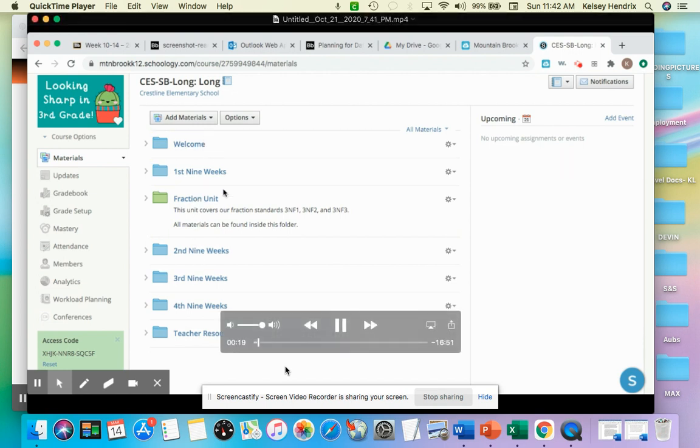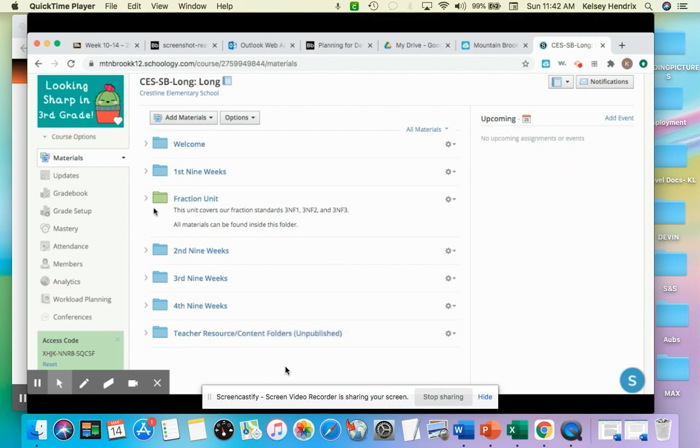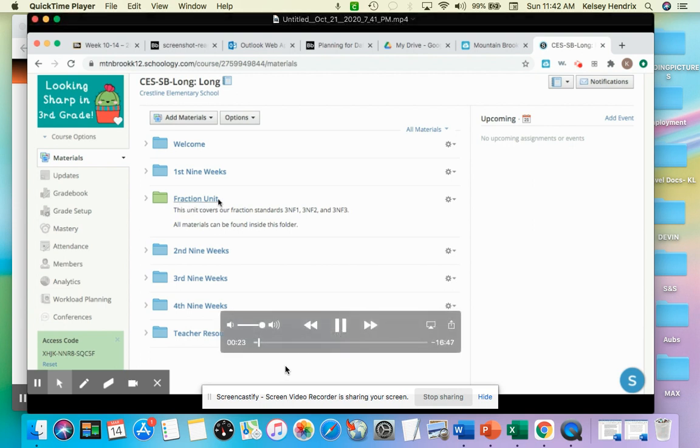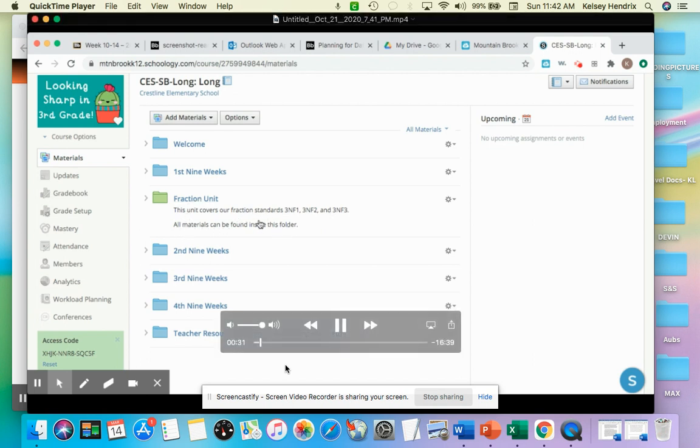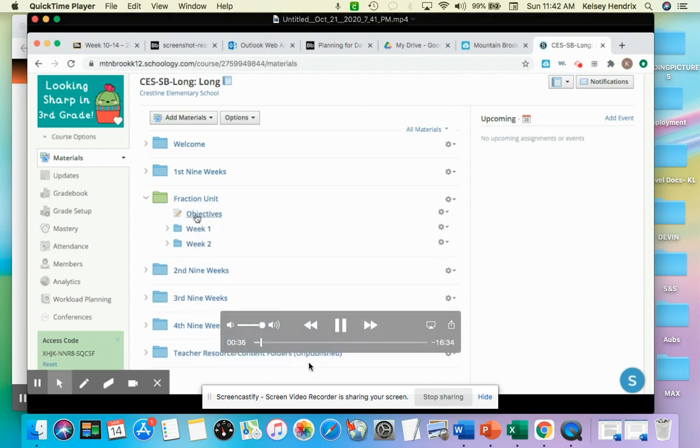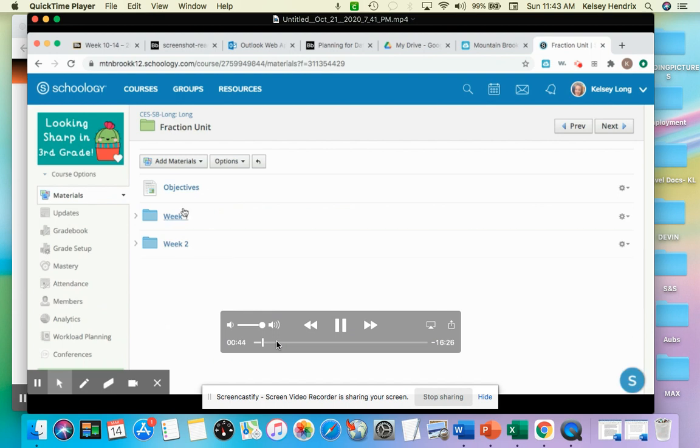The course that I built is a fraction unit, so they will find the folder that is labeled fraction unit, and it lists the standards that are found in the folder and also mentions that all materials can be found so that students know exactly where to click. They click the down button, it lists objectives, and then it also lists week 1 of the fraction unit and week 2. But they can also just click the fraction unit and it will take them to that page. So as they click on the